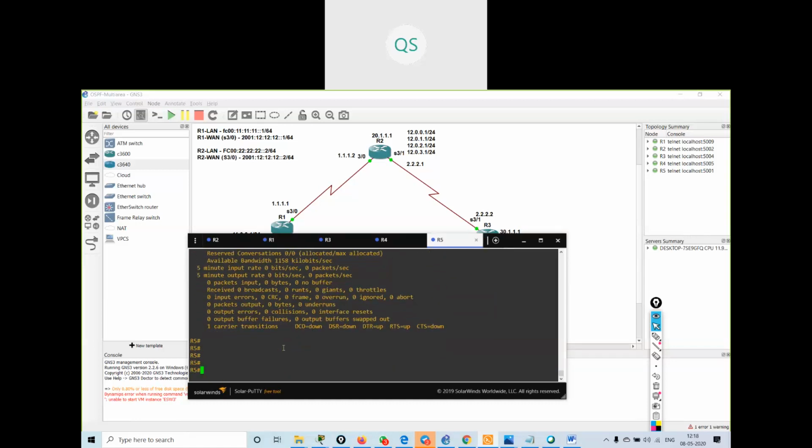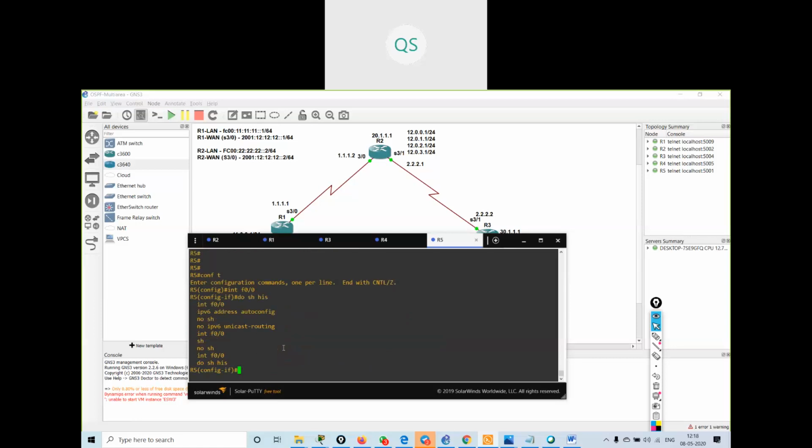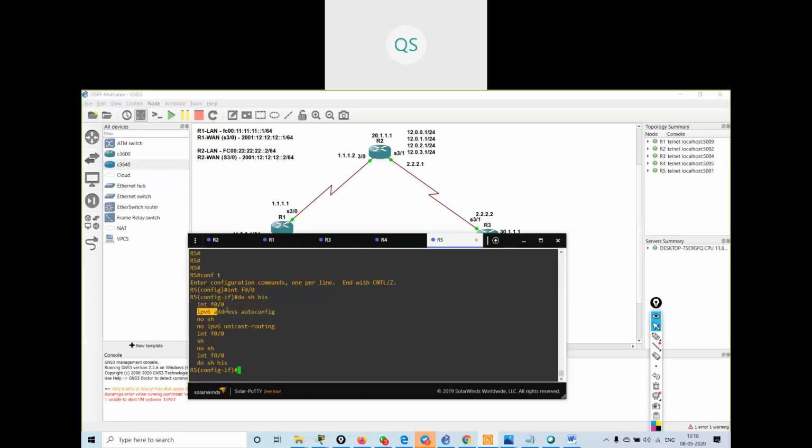If I give show history, see what command I have given inside the interface: IPv6 address autoconfig from the connected device.